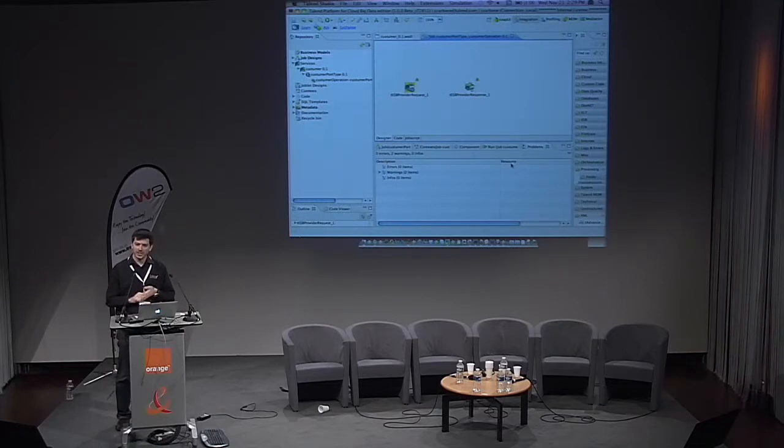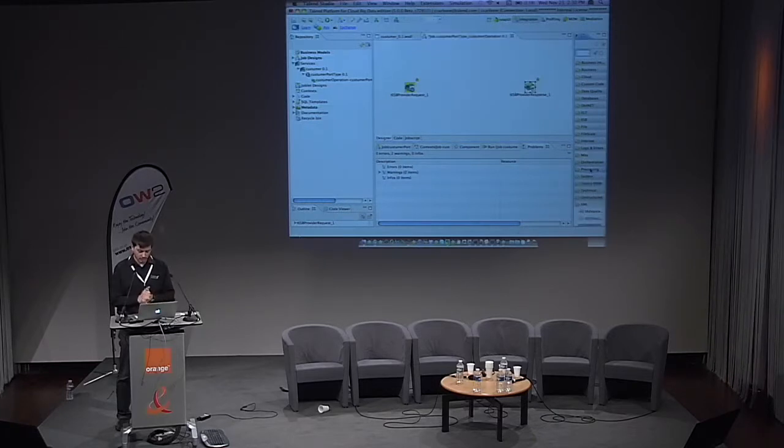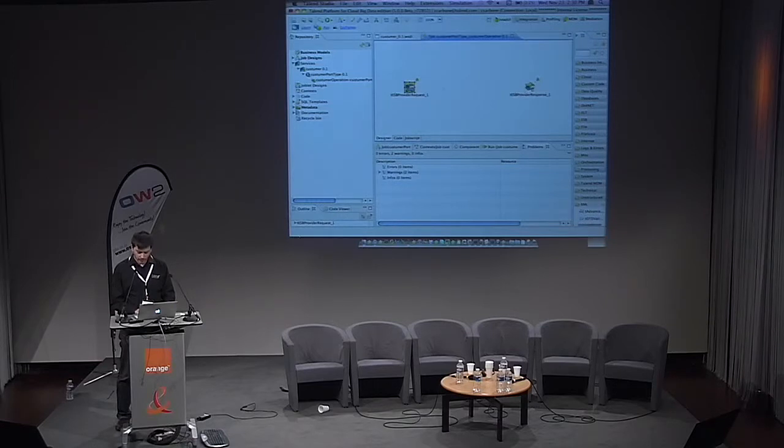People that know Talend Open Studio for data integration will see the classical design workspace with all the components we have to do some processing or some connection to data sources. But this service will start by a request and end by a response. It's normal, it's a service. So I will just put the business logic in the middle.